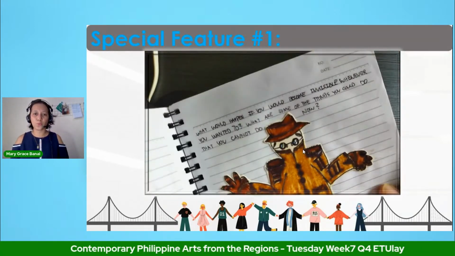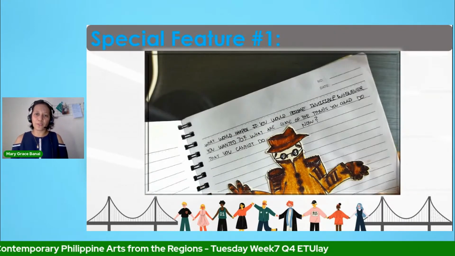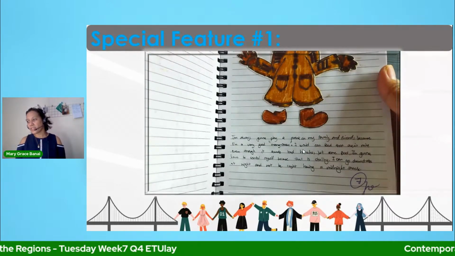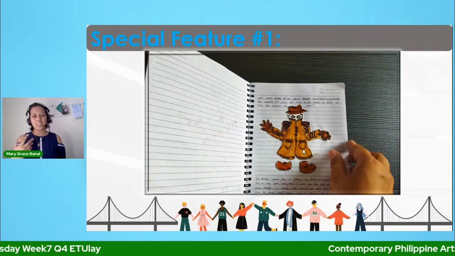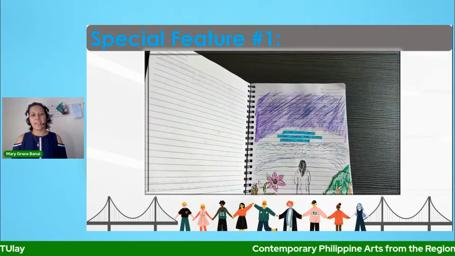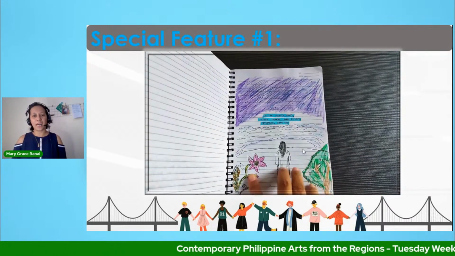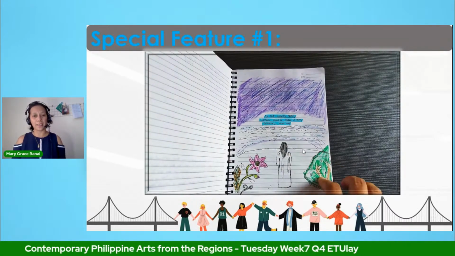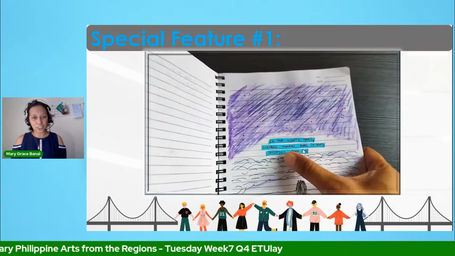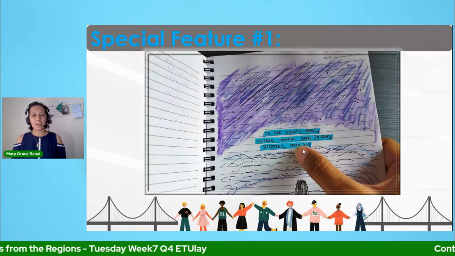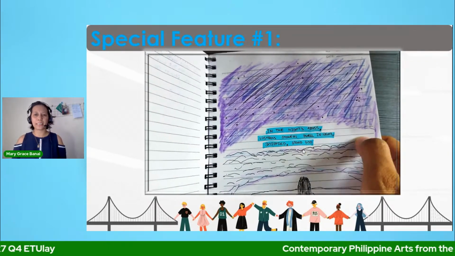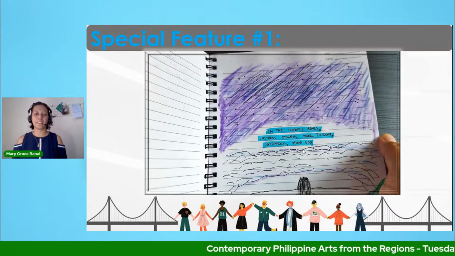Then, of course, this one: what would happen if you could become invisible? What are you going to do? Where are you going to go? That's his interpretation of that. And then this is the last entry in Fox's Creative Journal. Well, it's not the last one, a few of the last ones. For this one, he made a ball pen sketch with a haiku in the middle.